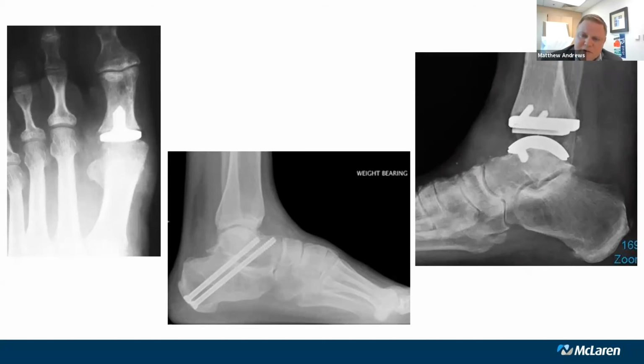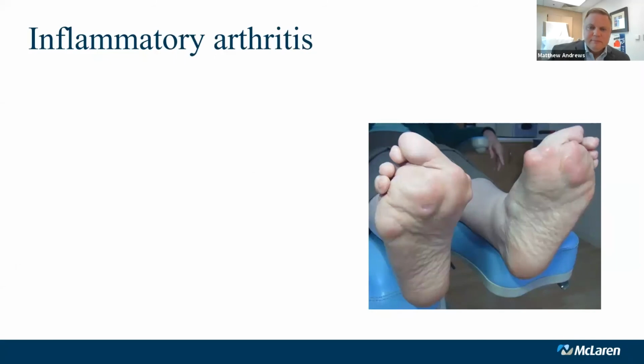So it's really just a joint replacement with a couple pieces of metal to replace the joint and a high density plastic spacer in between. And again, this does maintain motion of the joint. It will never be the same motion as a normal joint, but our goal primarily is, number one, reduction of pain, but number two, also restoration of normal mechanics of the foot as best as possible.